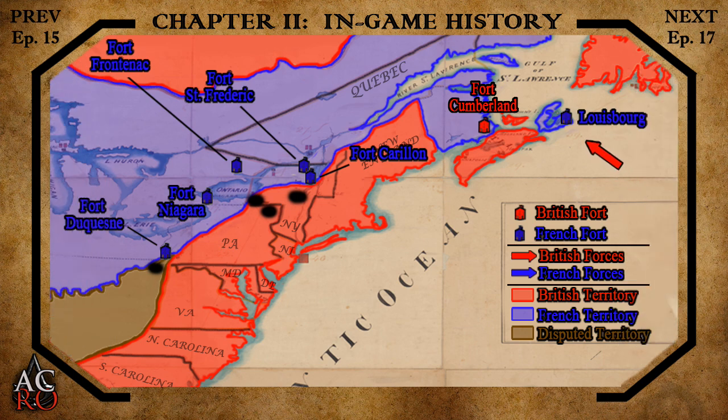Following the mixed results of their second army, the final British invasion force reached Fort Duquesne in September of 1758. Although the French defenders initially succeeded in holding the invaders back, recognizing that they were outnumbered and likely could not withstand another attack, they remained in the fort until November, at which point they burned it to the ground and